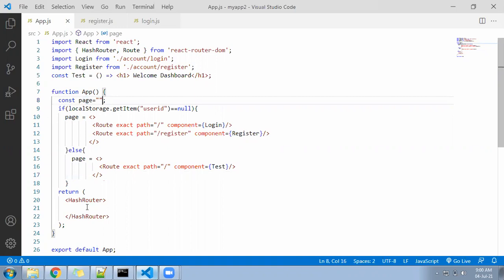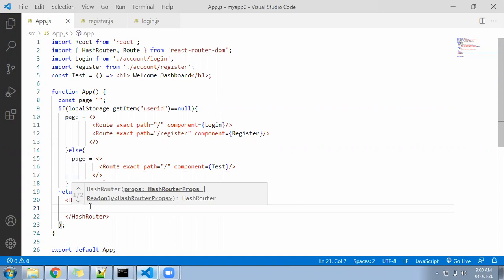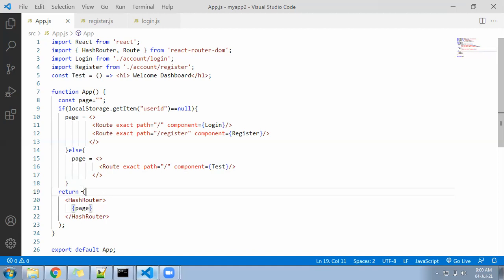Now after that, I'll keep here the variable called page. Now inside the page, what is it holding? It is holding many things. Let me check now what page is going to come for me. Refresh.